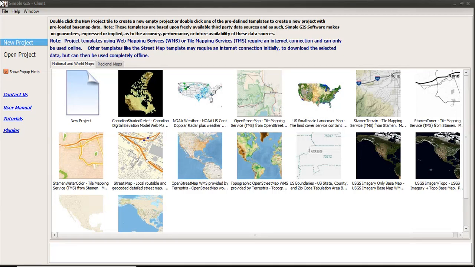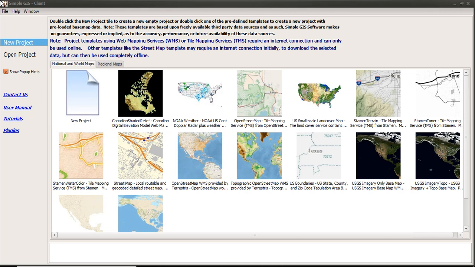Hi everyone. Today I'm going to be demonstrating a couple of new tools available for Simple GIS Client. Actually, one of them is just a version upgrade, and that is the version 2 release of our Simple GIS Collaborate plugin. And this is a plugin extension available for Simple GIS Client. And the other tool I'll be demonstrating is a new freely available Simple Map Viewer application. And this is a free download available from the website at